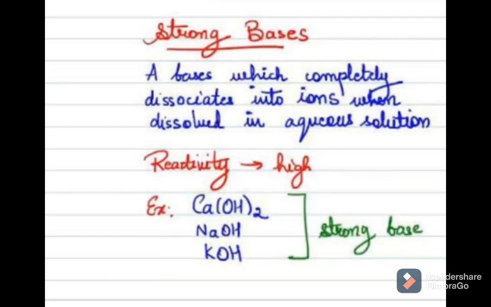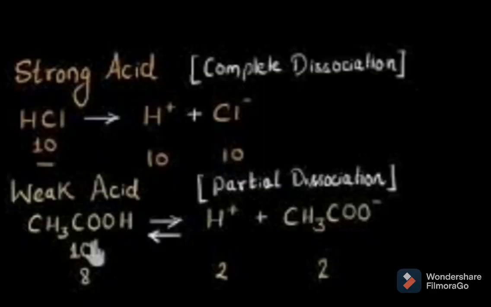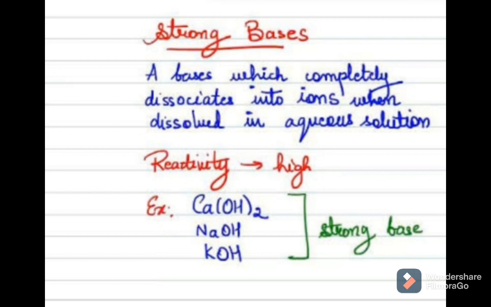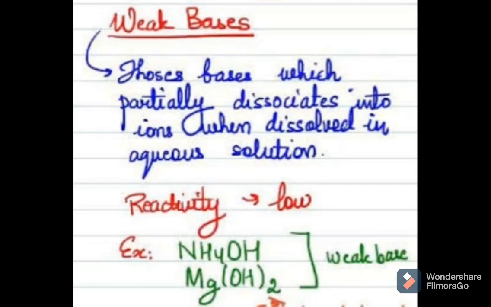Okay, then when we are talking about strong bases: sodium hydroxide, that is NaOH, calcium hydroxide, Ca(OH)2, or potassium hydroxide, KOH. These are strong bases because KOH forms K+ and OH- ions. NaOH forms Na+ and OH- ions when dissolved in water. Students, these reactions are not important for your syllabus. Only remember there are two types of acids, strong acid and weak acid. There are two types of bases, strong bases and weak bases. Only this much is important for you.